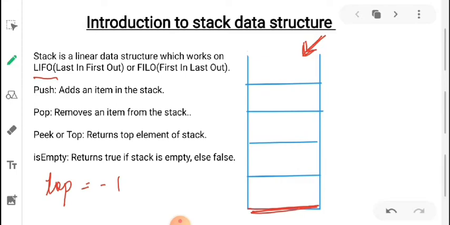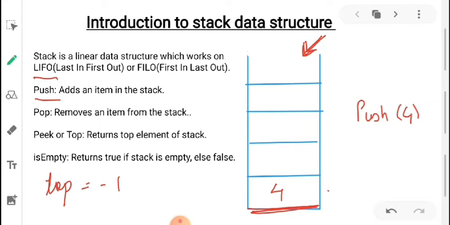So let's say I have to push something. For pushing we'll use push. Our push will always hold some argument because we are pushing something. Based on your requirement, whether you want to push an integer, a character, or something else, you can add it. Let's say I have to push an integer right now, that is 4. So we'll push from here.